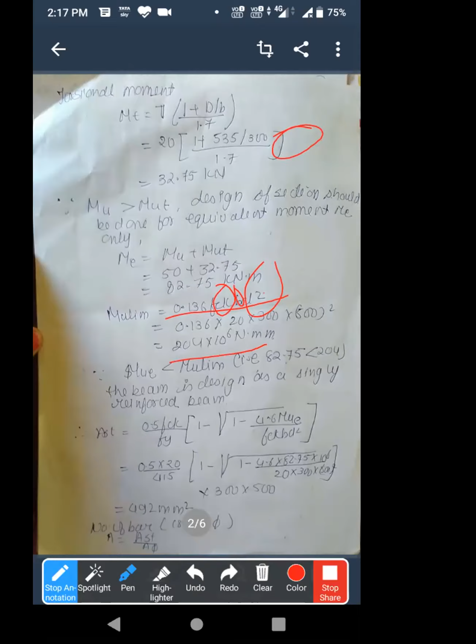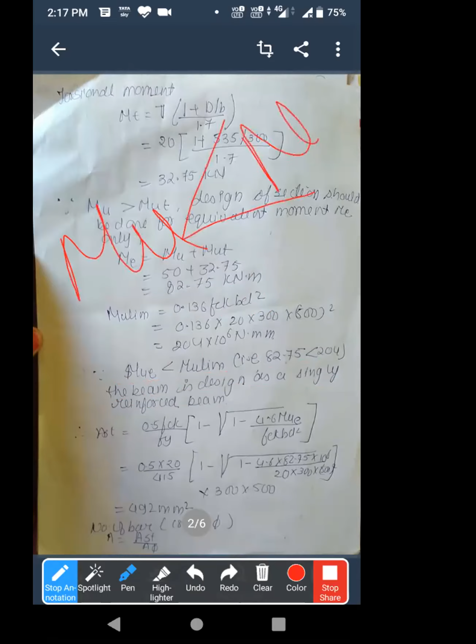Since Mu equivalent is less than Mu limit, that is 82.75 is less than 204, therefore the beam is designed as a singly reinforced beam, which we have already seen. Whenever your moment is less than your Mu limit, then you have to go with the singly reinforced. Otherwise, if the case is vice versa, then you have to go to case number 2, that is doubly reinforced. But here the case is the first case, that it is less than the Mu limit. Therefore, you have to go with the